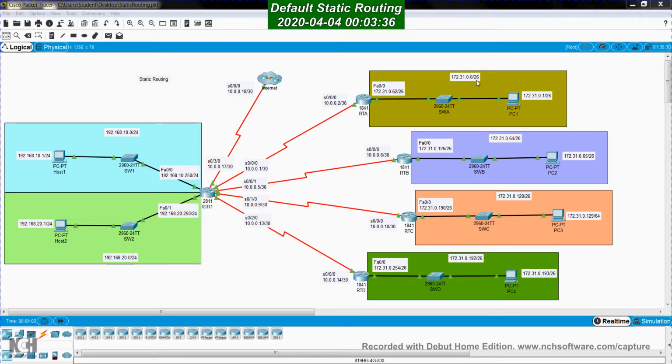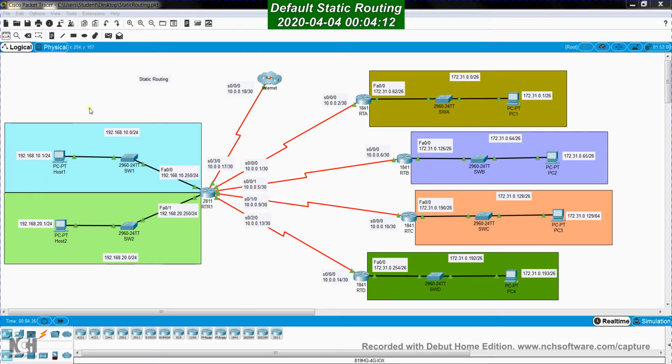borrowing a certain number of bits from the host address, and we are able now to generate 4 different addresses. Actually, it looks like we started from a /24 subnet mask, and we borrow 2 bits from the host address. 24 plus 2 is equal to 26, and then we subnet to generate 4 different subnet addresses. Now each subnet address will go to a LAN, and we use the subnet address to assign IP addresses to devices inside the LAN. Each one of these networks is populated with a single